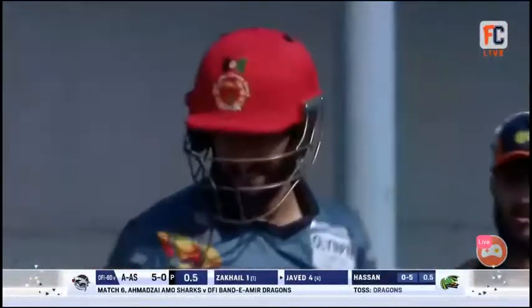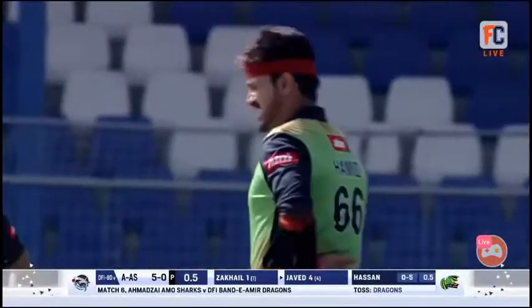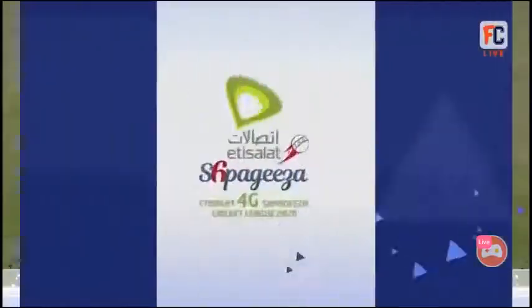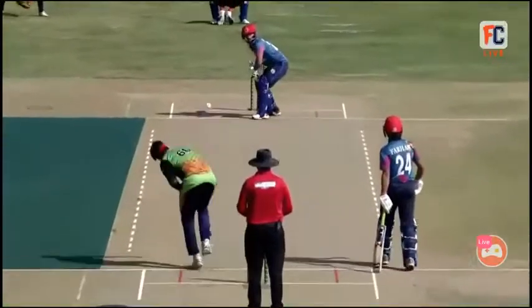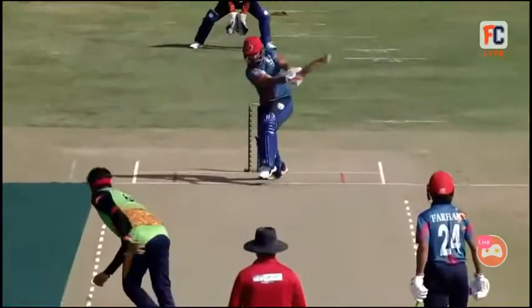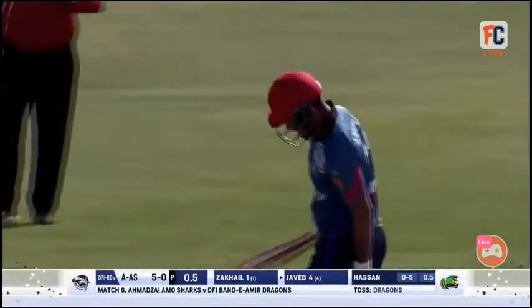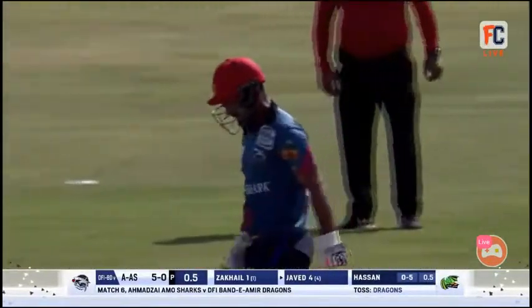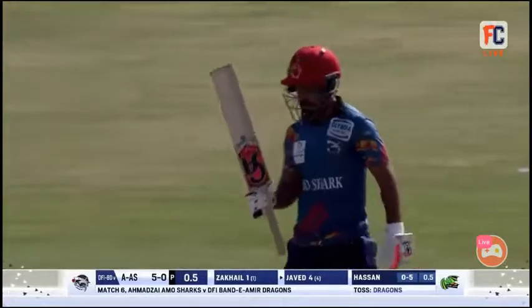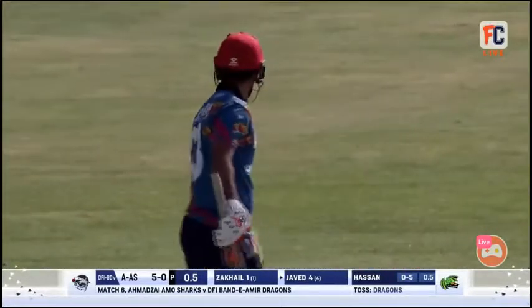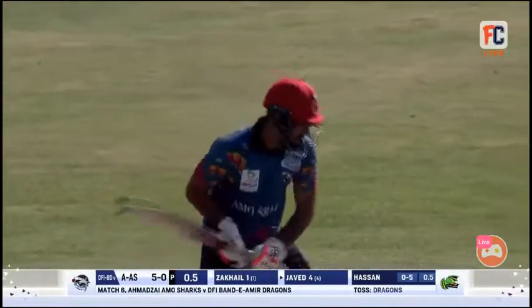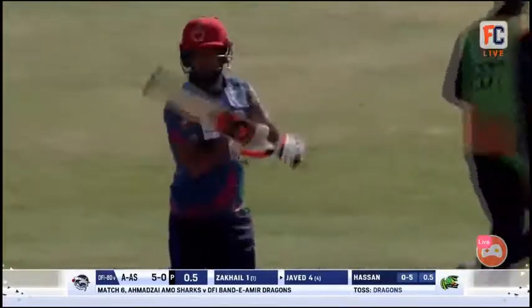Again, look at that. Again, going deep in the crease. So once again, troubling the batsman, Hamid Hassan with his extra pace. Some people prefer coming up to negotiate the movement of the wicket. Normally, batsmen prefer standing outside the crease in order to negotiate any lateral movement in the air and off the surface also, but he has decided to stay inside the crease and going further inside to create the length